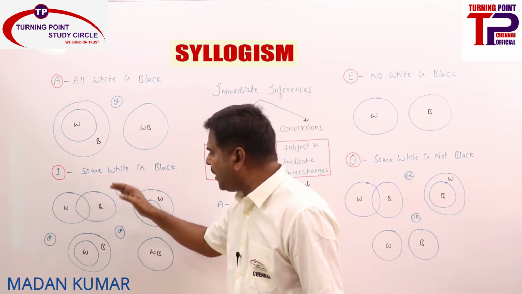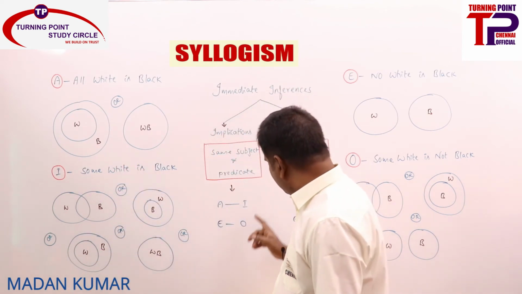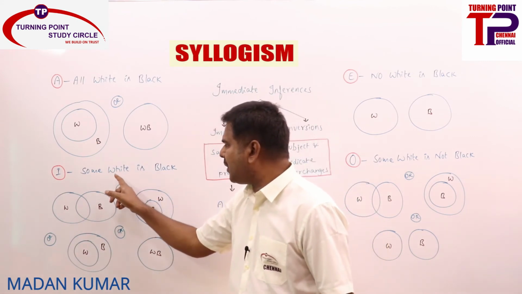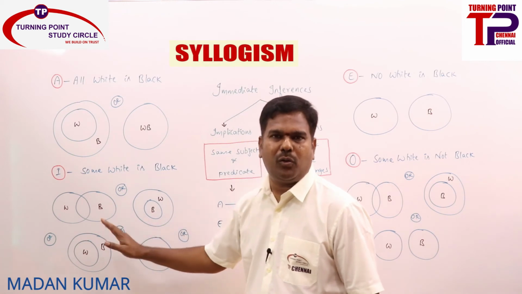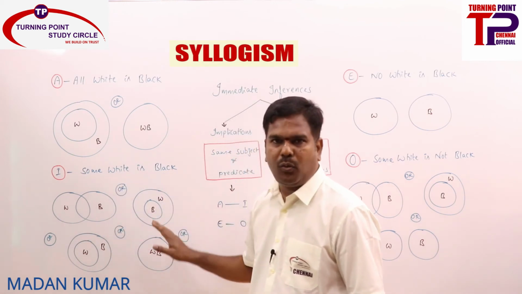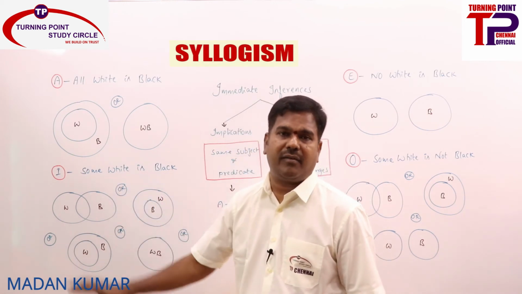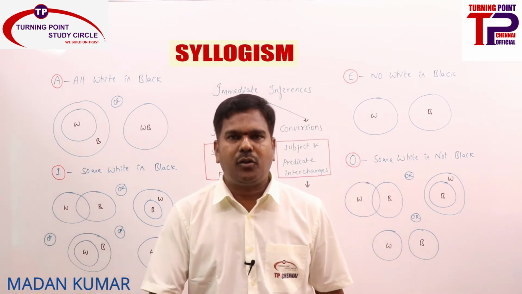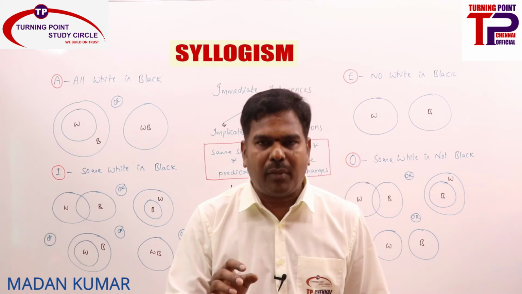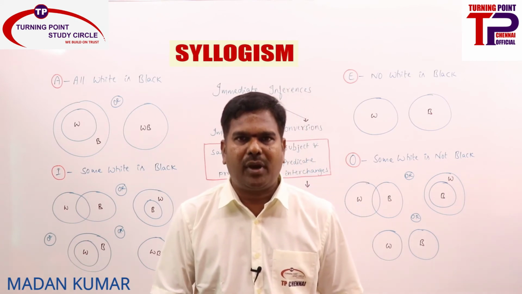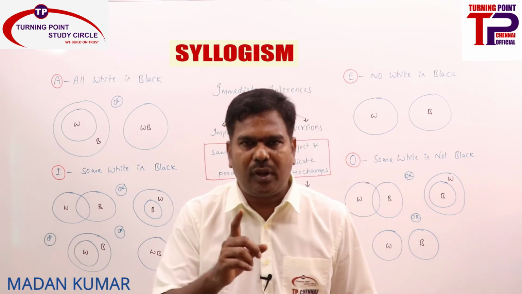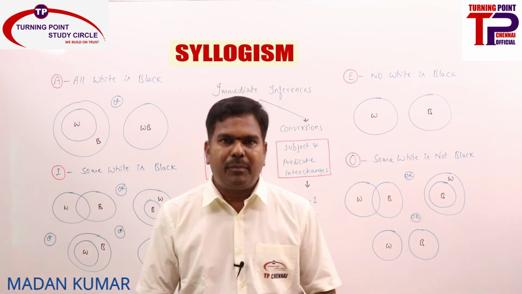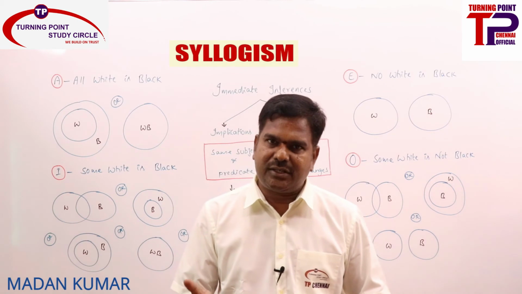See whether I can be implied by E statement. What is E statement? No white is black, ruled out. No black is white, ruled out. It is not true in any one of the diagrams, right? So ruled out. Now I can be converted into only I statement. From I, what are all the implications and conversions we have? Only one, that is I can only be converted into I. That's it. But before going ahead with the O statement, we will just sum it up.